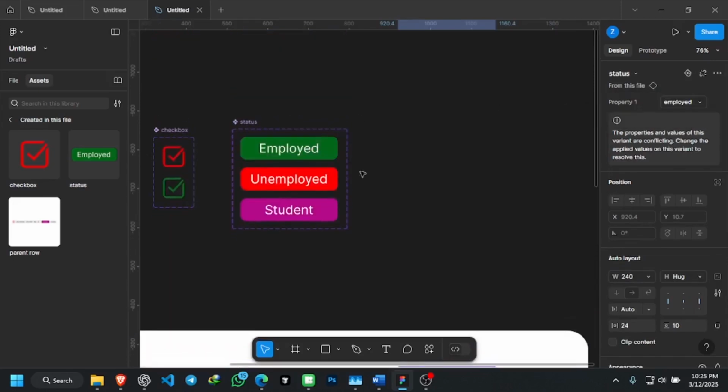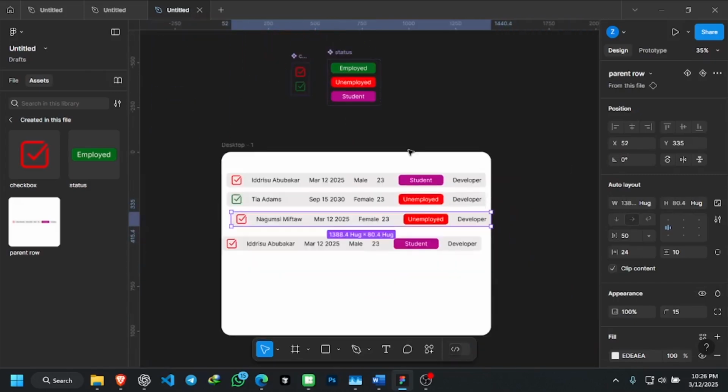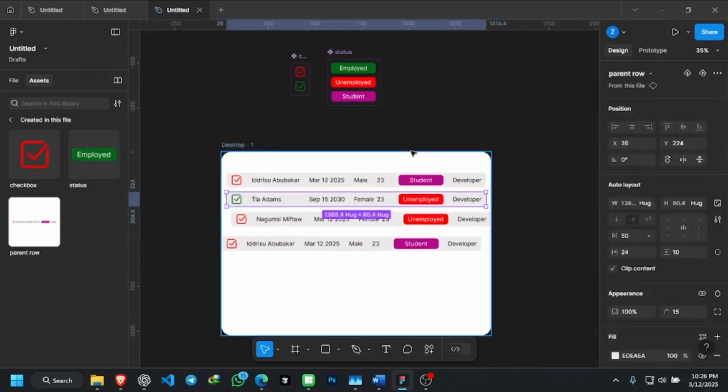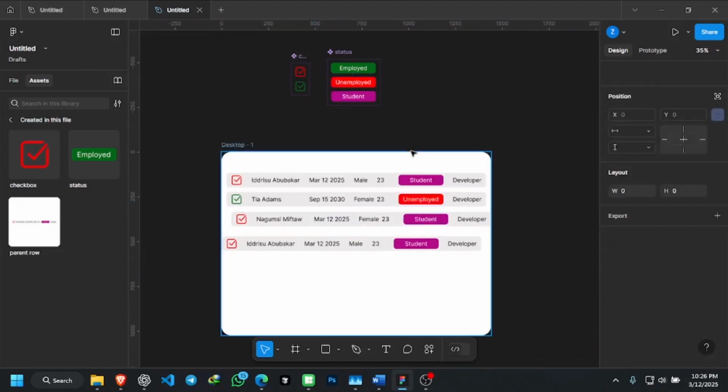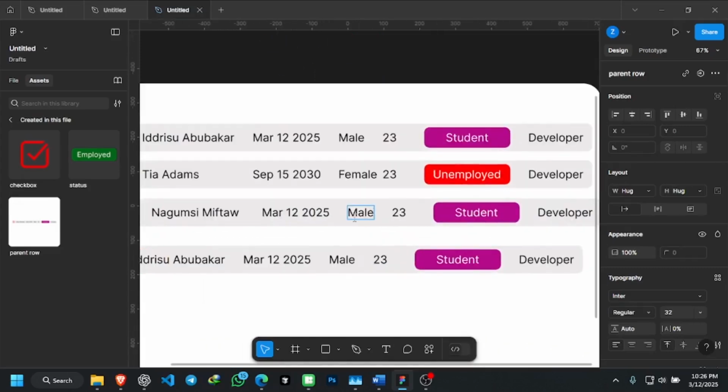What is this? I think I made a mistake. Let me just backdate small. I deleted one of the component states, so I'm going to just backdate a bit. Yeah, so that's right here. So let's change this back to female,